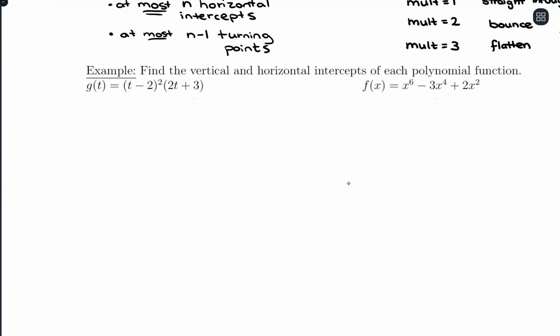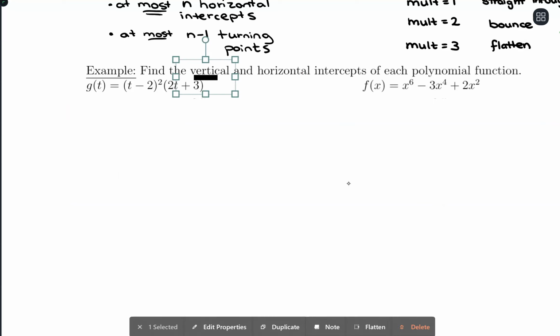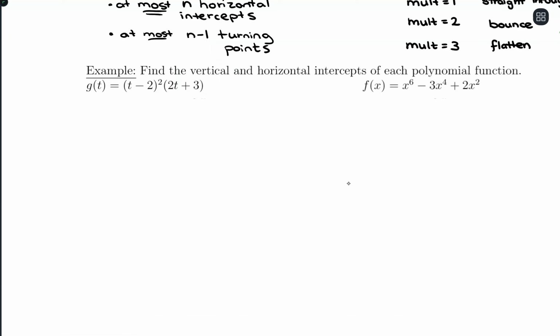Okay, we're just gonna focus on doing math here. So vertical and horizontal intercepts. So let's start with vertical intercepts, because those will be pretty straightforward, because that's just where we plug in 0. So for the vertical intercept here, I would just look at